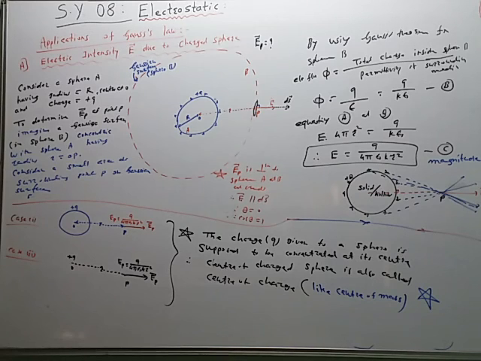So, we will use this procedure for two more shapes of the conductor. One is a cylinder and the other is a charged plate which is having infinite dimensions like this. Okay, we will stop here. So we have completed the first application of Gauss's theorem. Next time we will see two applications simultaneously using the same process.